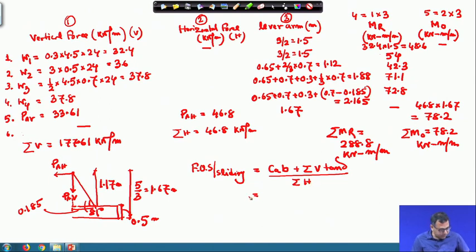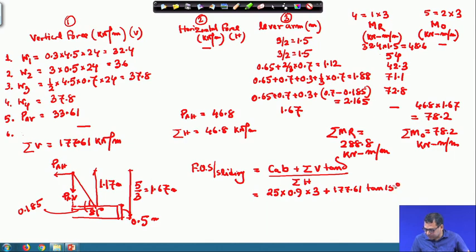So, c is 25 into alpha, alpha is 0.9, and B is 3, plus summation of all vertical forces is 177.61 into tan delta,